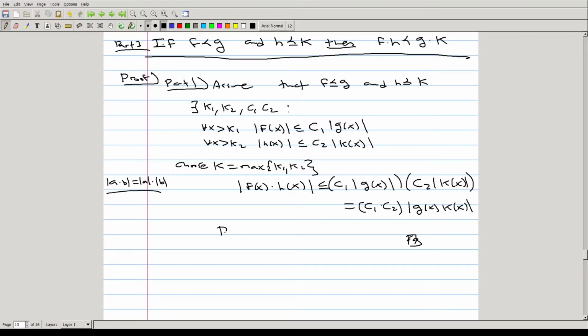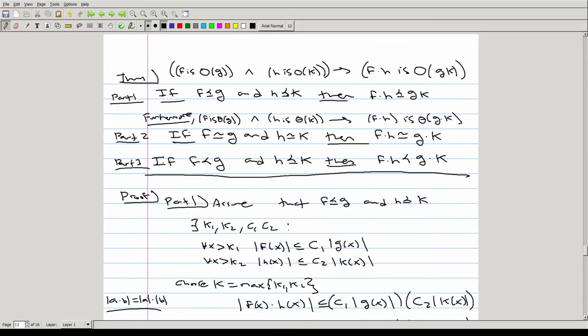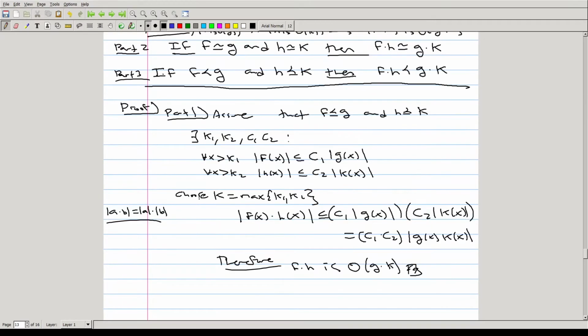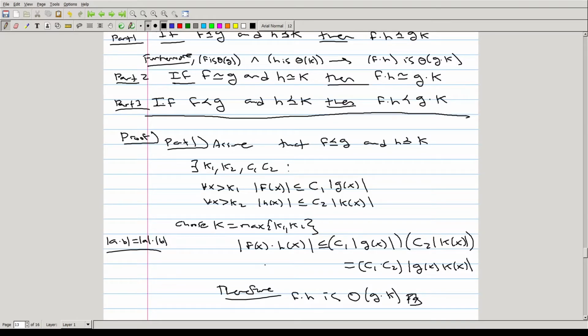Therefore, f times h is big O of g times k. And again, this is just a proof of part 1, but proof of parts 2 and 3 are relatively straightforward extensions of this idea. For this one, you have to show that